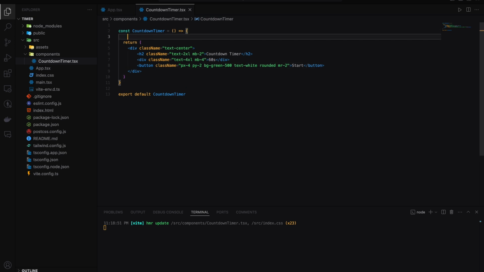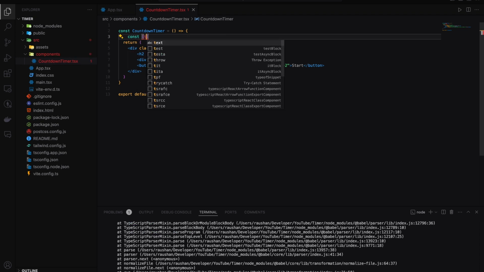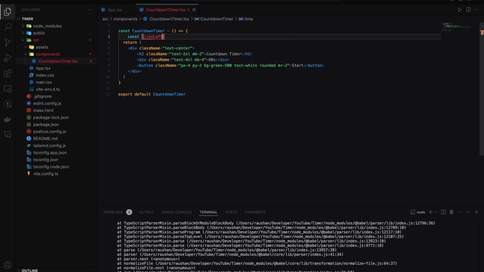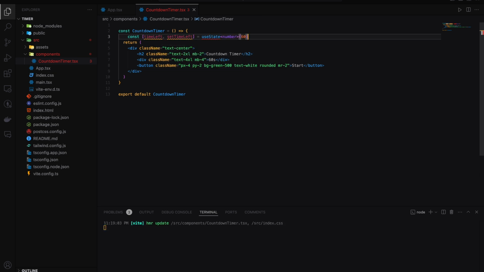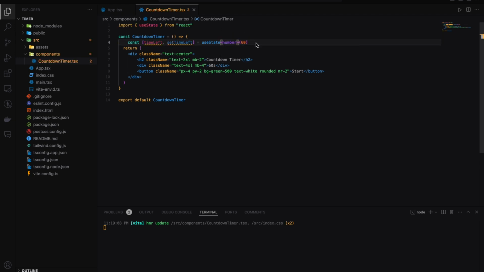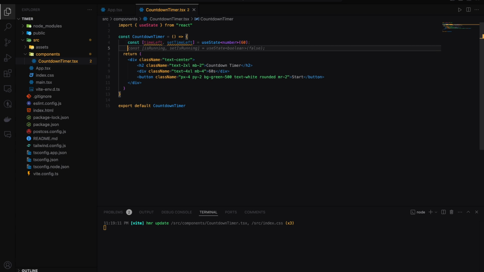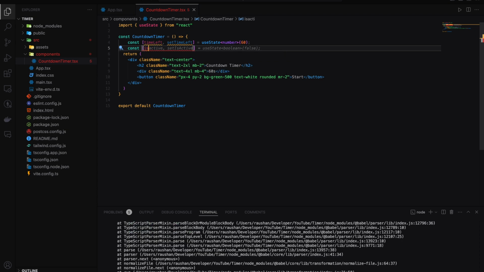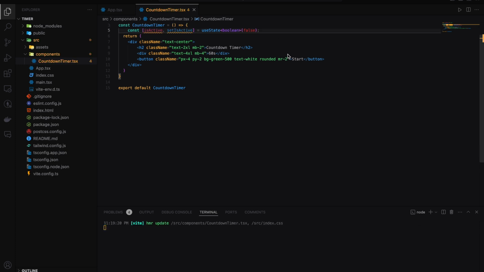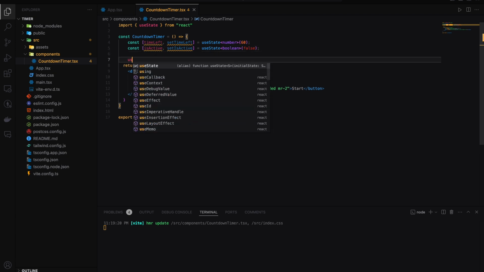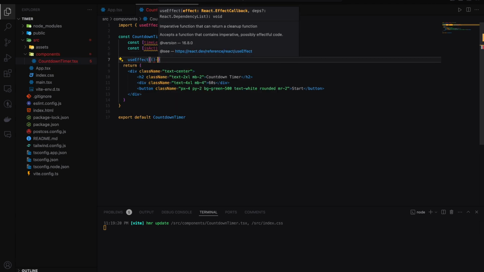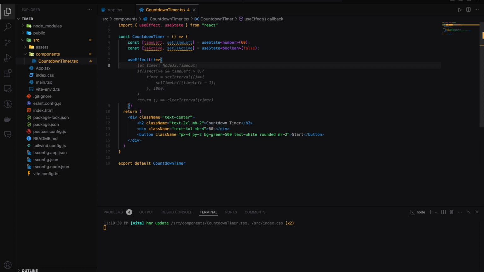For that, import useState first. So const timeLeft and setTimeLeft, yeah, it's going to be useState, and after it, also const isActive, setIsActive, it's going to be false right now. And also import the useEffect hook. In the useEffect hook, we have to run